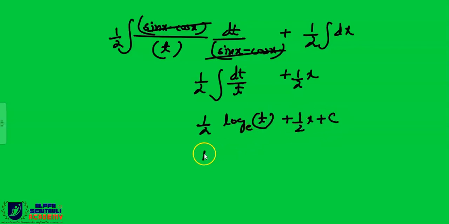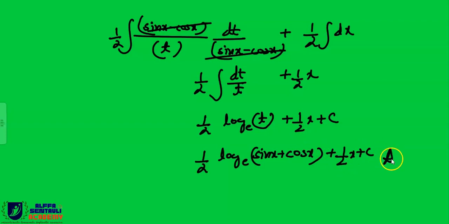So replace this t by x in terms of x, so this was sin x plus cos x. We have assumed t as sin x plus cos x, so again replacing back, so this is 1 by 2x plus c. This is the correct answer. Understood? So sometimes if we are not able to substitute, we have to think better. We have to give 1 or 2 tries to see which is better, then we can solve this question, right?